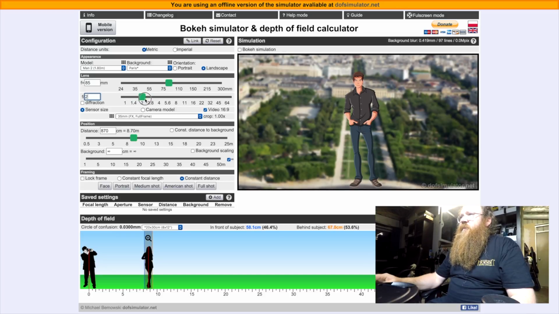If you just take it to f2, or let's have a look at f2.8. Now if you have a look, I've actually got my entire actor in shot. I haven't exposed too much of the background. So just have a look up here at the